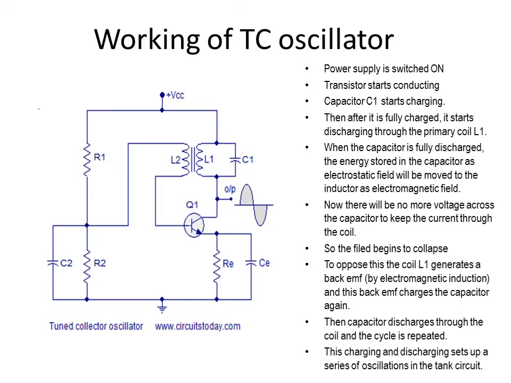And then what we have to see is how we are providing the feedback, which are the components through which we are feeding back the outputs into the input. Then you will have to explain how we ensure that there is 360-degree phase difference between the voltage fed back and the output voltage. So when you explain all this, you will complete the working of the oscillator circuit.